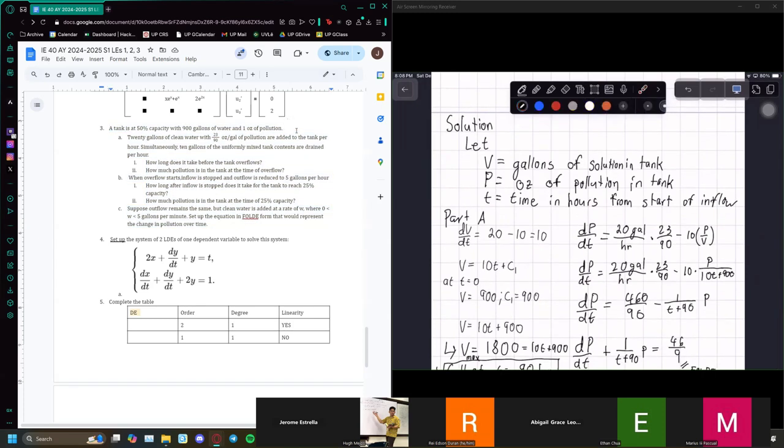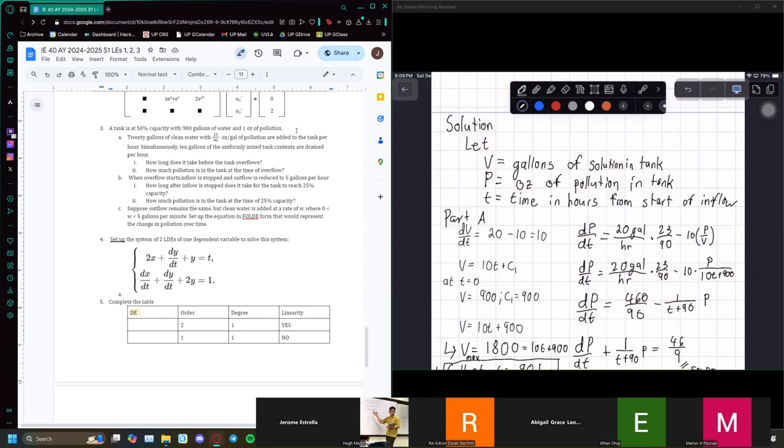So our setup is a tank is at 50% capacity with 900 gallons of water and 1 ounce of pollution. So that's our initial conditions. And then 20 gallons of clean water with 23 over 90 ounces per gallon of pollution are added to the tank per hour. Medyo iffy yung phrasing there, but I think it's if you remember the question. Simultaneously, 10 gallons of the uniformly mixed tank contents are drained per hour. So first sub-question is, how long does it take before the tank